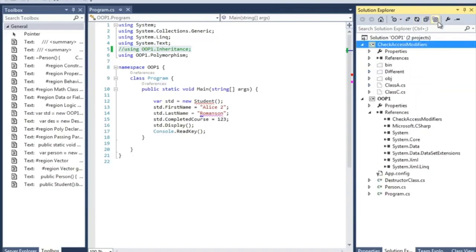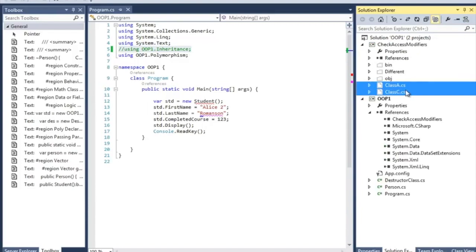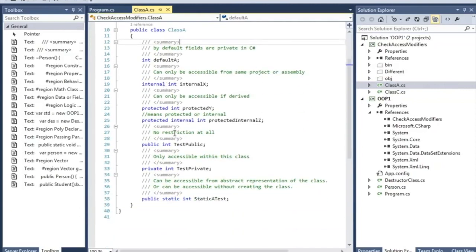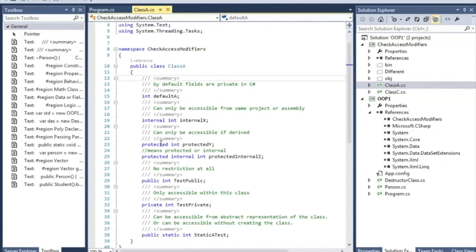So let's go over this very quickly. We have two classes in the check access modifier project. Here I have all the access modifiers written so that you can understand at once. In a class, when you do not define any access modifier before a member, it could be a method, a property, or a field.